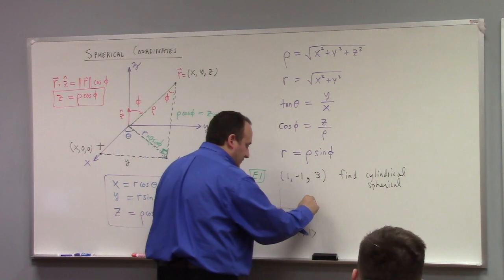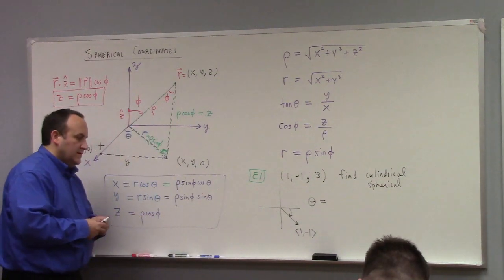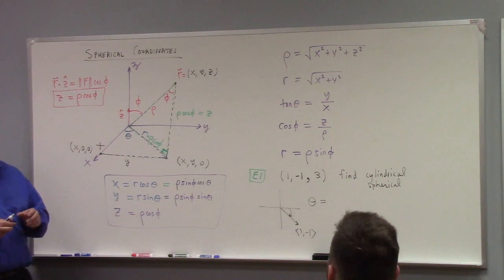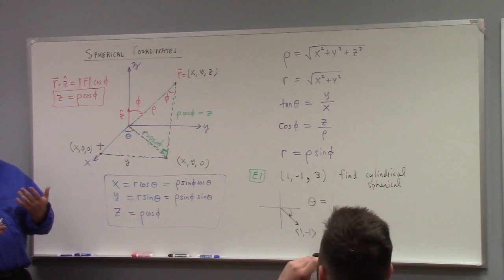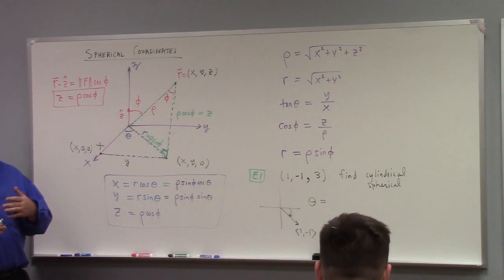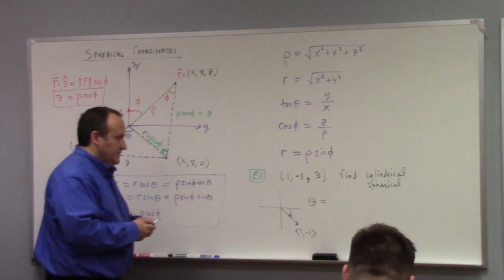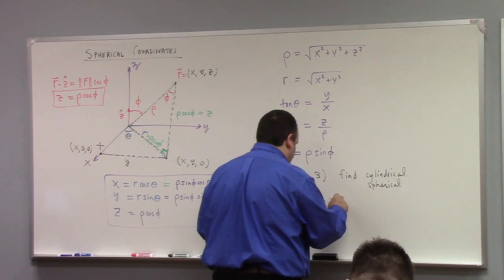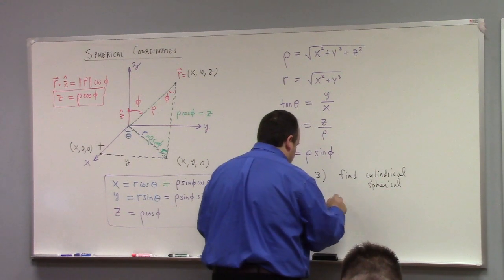You can see this theta equals what? What's that? 45 degrees, but theta is measured how? It's measured counterclockwise from the positive x-axis, right? So if you want to say 45 degrees, you've got to say minus 45 degrees. But we try to think in radians here, so I should probably say theta is minus pi over 4. But 45 degrees would also be fine. That's just a choice.